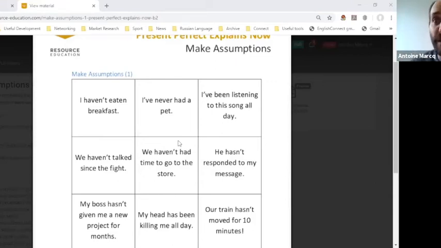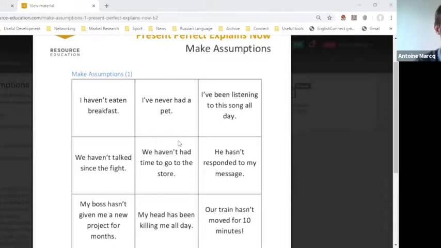Remember that English culture is not a direct culture. Watch Downton Abbey if you're not sure. See how those people used to always imply things. They never openly talked about their feelings or asked for help directly, things like that. It was always implied through language like this. And present perfect is one of the best for that. There's loads of implications in present perfect, and when native speakers hear something in present perfect, they make assumptions. They read between the lines, and there are loads of activities like that.